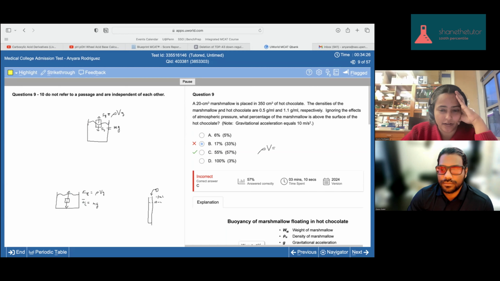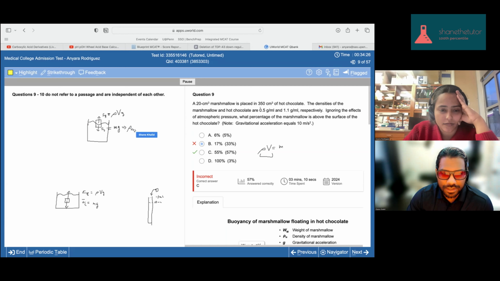Density times volume. Isn't it just, don't we just use density times volume to find mass? Yep. So like grams. Good. So the reason I asked is because this gravity term, mg, we can turn that into rho of